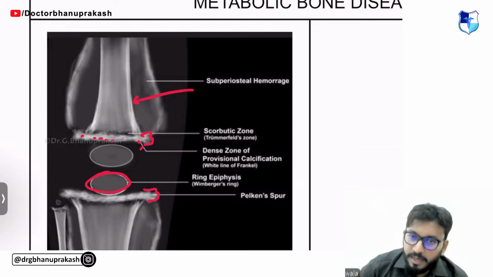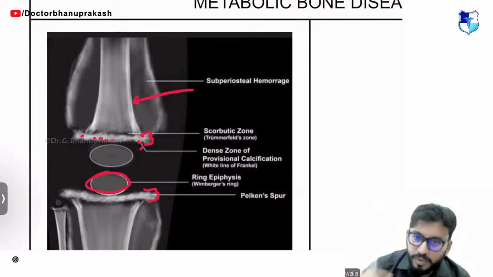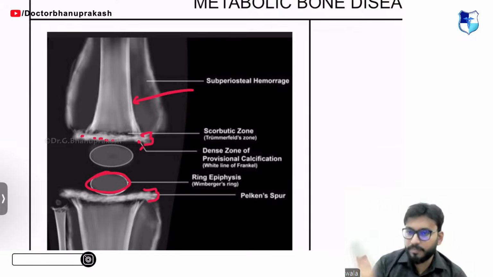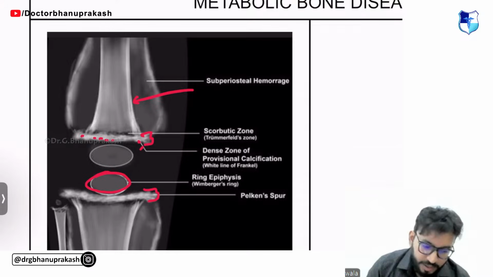Which one is painful? Come on, tell me, guys. Which one is acute angled and which one is painful in the ribs? You get rosary, right? Scorbutic versus rachitic. In rickets and scurvy, in both you get it. Which is painful? Which is more acute angle? Come on, tell me.